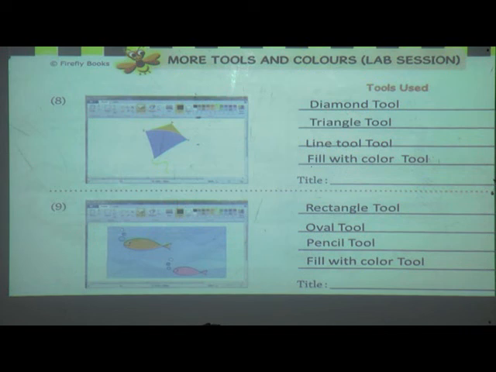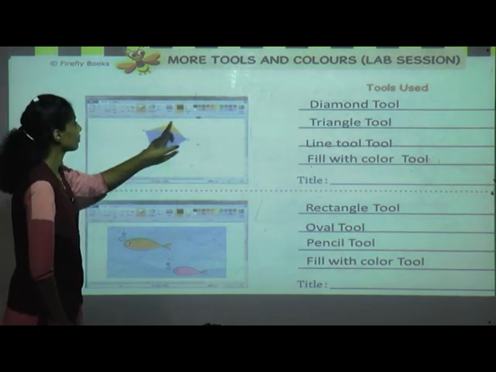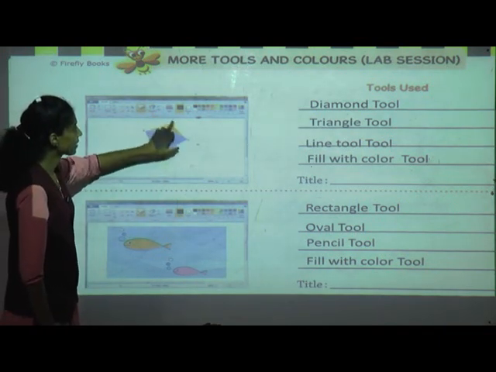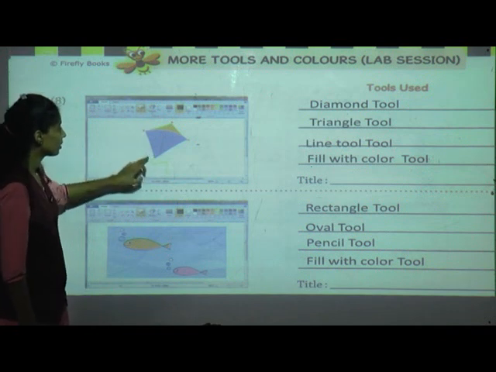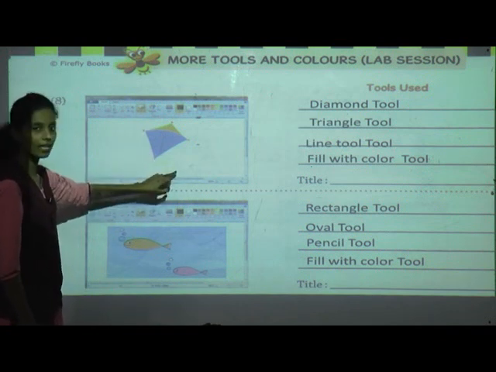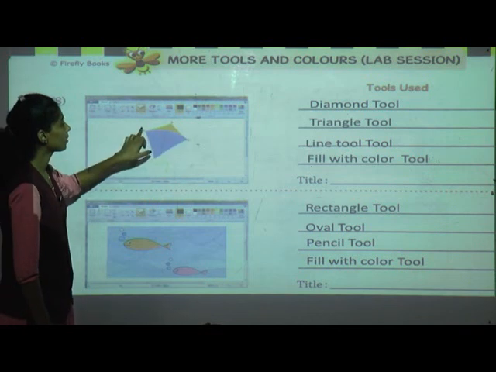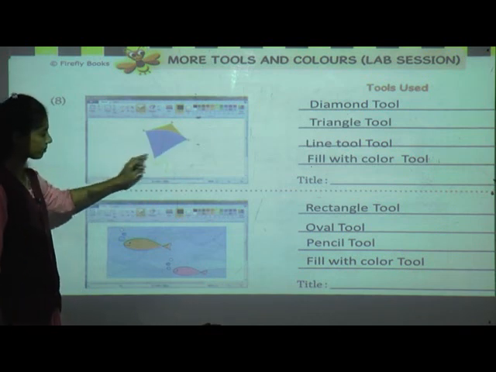First one is diamond tool. Why diamond tool? For this shape, diamond tool. Next one is triangle tool. You can see small triangles are there. Triangle tool. Then line tool is for this line, and for giving color, all this color, fill with color tool.